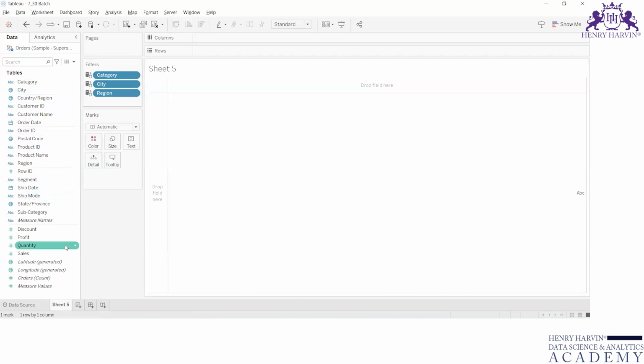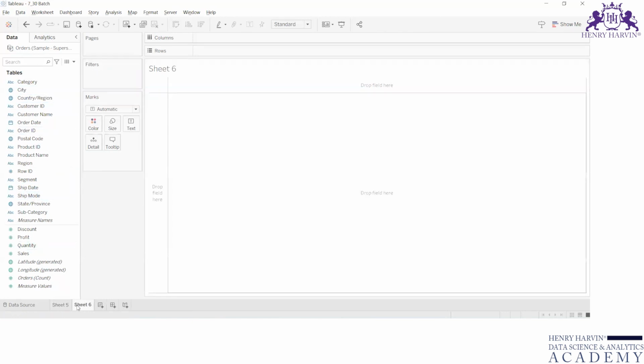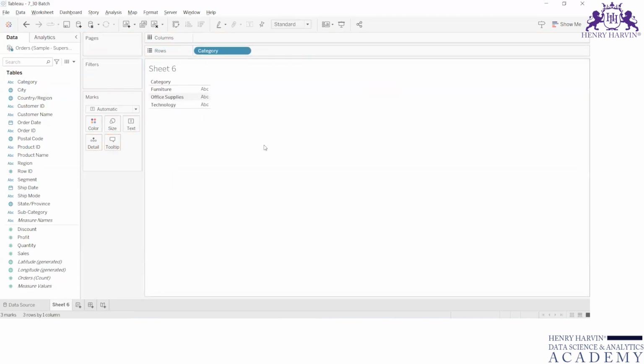Now, let's say I use this category and drop it in this area. What you are able to see right now is this output, right? Category: furniture, office supplies, and technology, correct? Now, when I drag this and put it over here in the text, you can see furniture, right? These numbers over here, to give you this output,